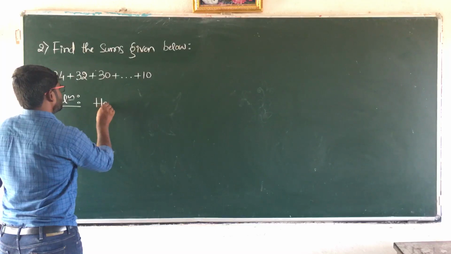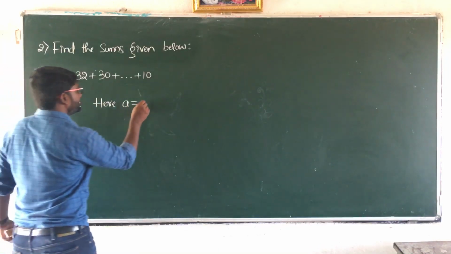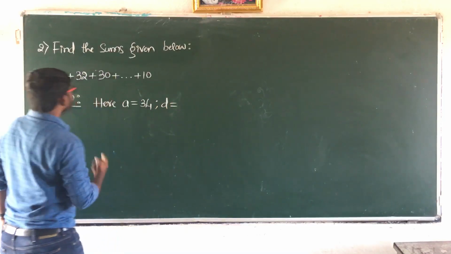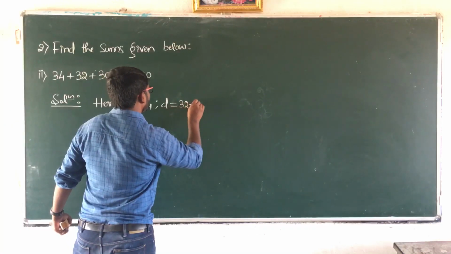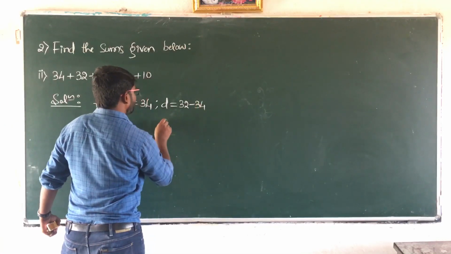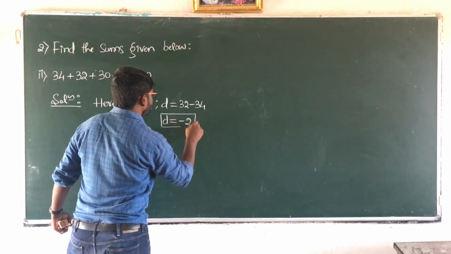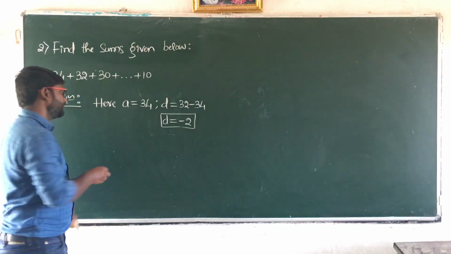Here a is equal to 34. a is equal to 34. d is equal to 32 minus 34. 32 minus 34, the value of d is minus 2. Then this 10 is nothing but the nth term. Therefore